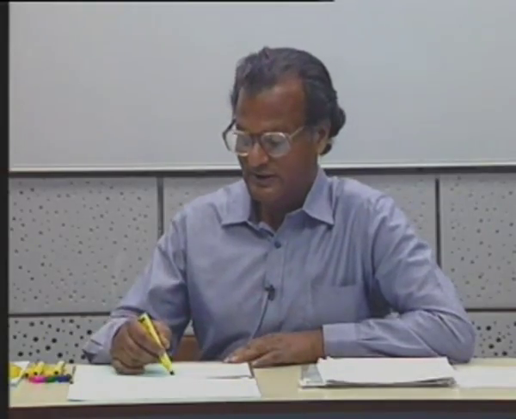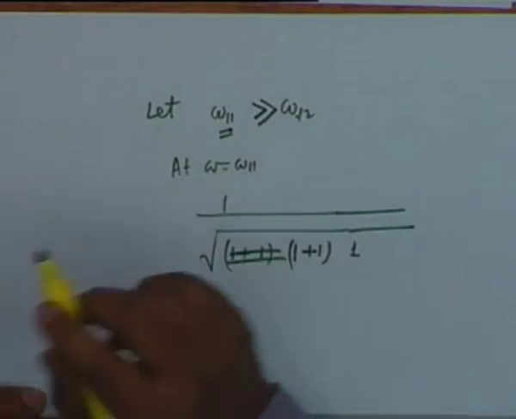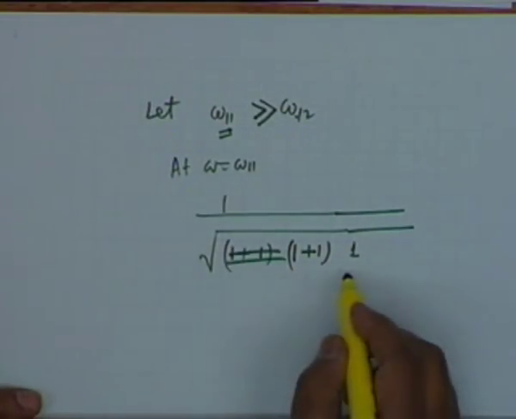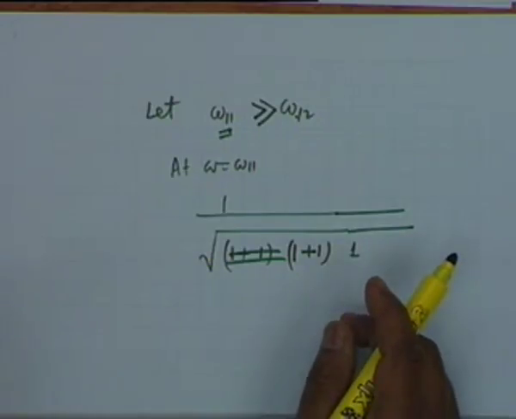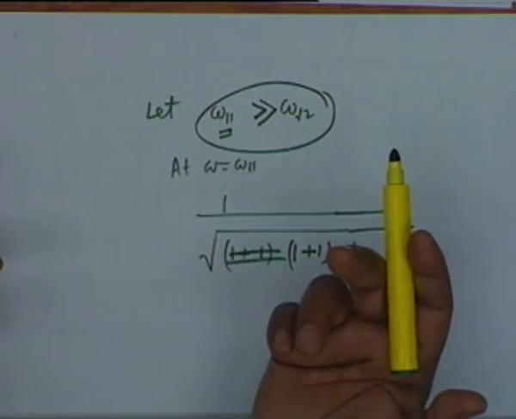All right. So, what one does is the following. Given a circuit, if you see that omega 1 1 and omega 1 2 differ by at least a factor of 3, then you take the higher one as the low frequency cutoff, as I have shown you here. On the other hand, if they are comparable, if this much greater than sign does not hold, suppose one of them is 10 hertz and the other is 15, then you have to solve this equation exactly, the quartic equation. There is no other way. But that is hardly ever the case.